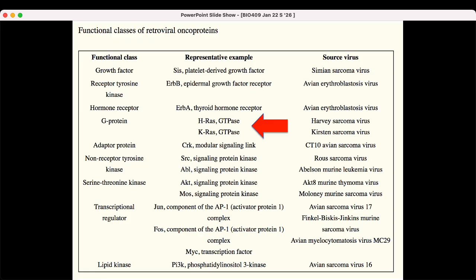So we all have RAS in our body right now, in the same way we have a hemoglobin gene and an insulin gene. We have a RAS gene. We inherited one from our mom and one from our dad. We have some different alleles of RAS, and we'll focus in on RAS because RAS is doing its normal job now, and its normal job is to help cells respond to growth factors